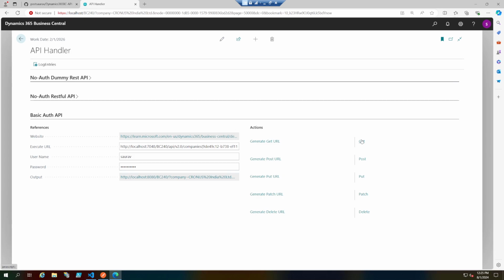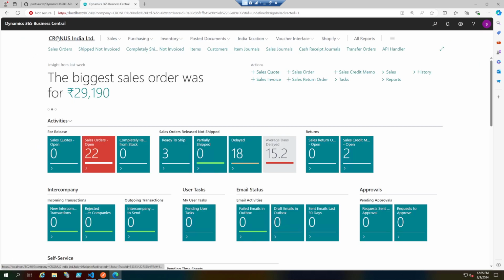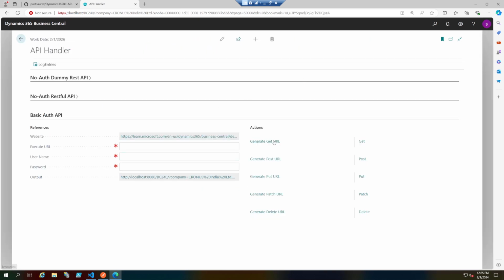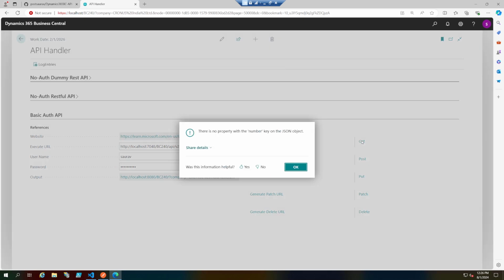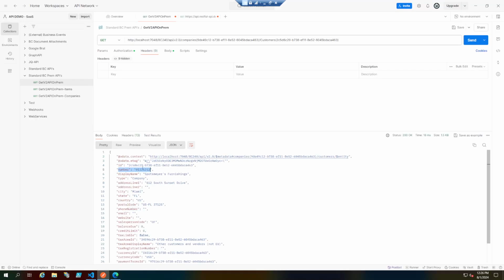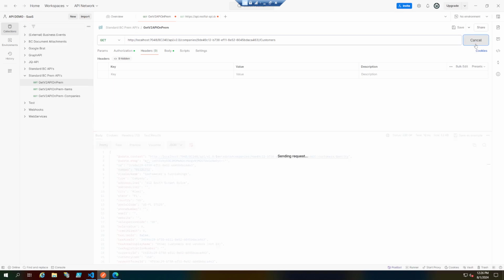So let's do a get again. Oh, it did not get refreshed. I'll have to go back to the page, generate the URL, key in my username and my web service access key. You can actually put your password. And let's do a get here. It says there is no property of number in the object. Now when you look at it, the number is a property, but right now I'm trying to get all the customers, not this customer. So when I remove this and try to do this,